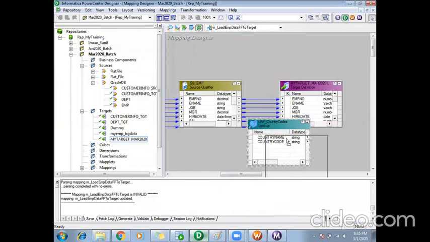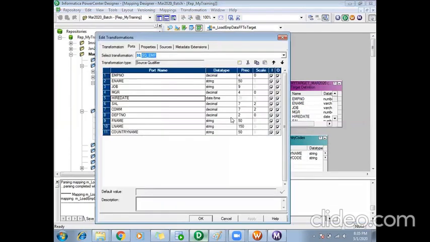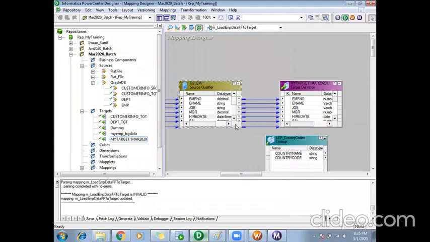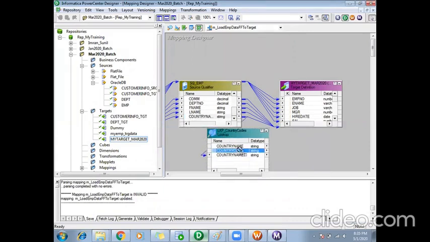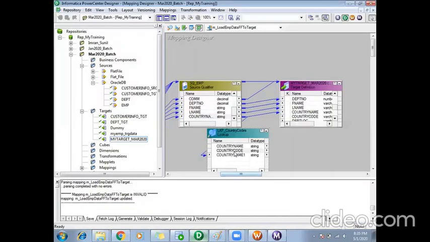What I'll do, I'll pass the country name from my source qualifier. Then I will take the country code from the lookup and send it to my target.